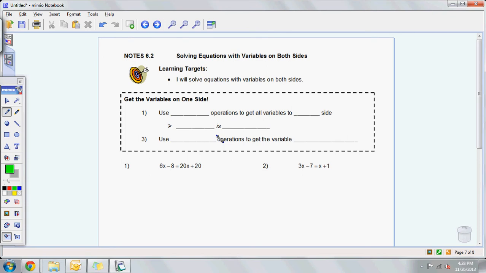Hello you guys, this is your 6.2 notes, and today we're going to be solving equations with variables on both sides. Before I get into these notes, I want to make sure that you have done every single activity